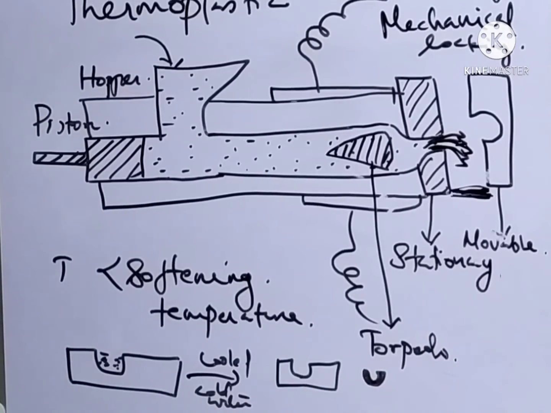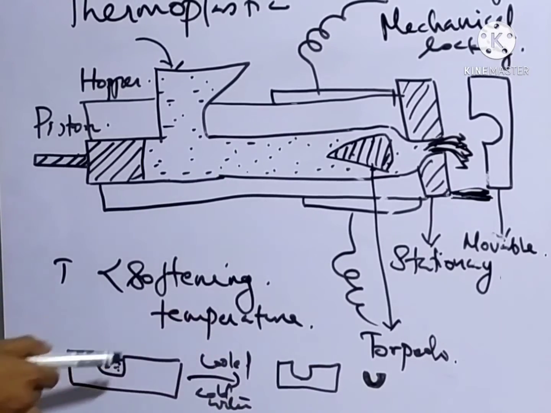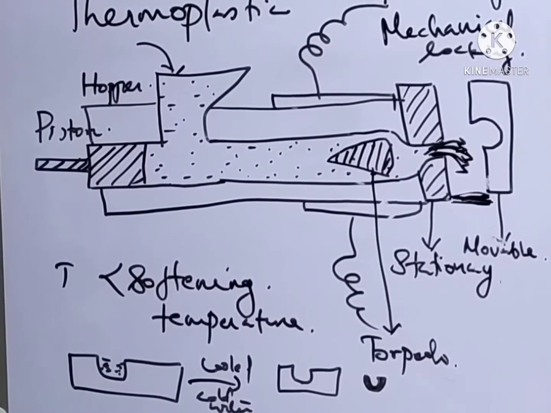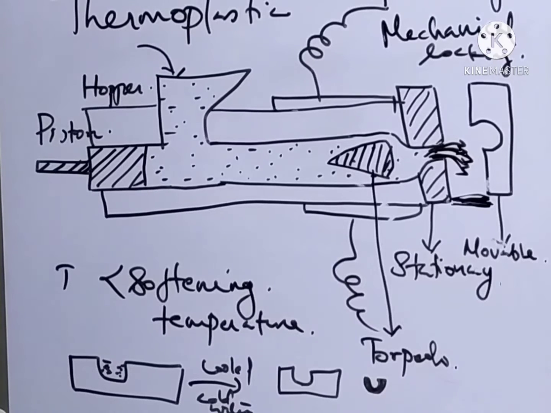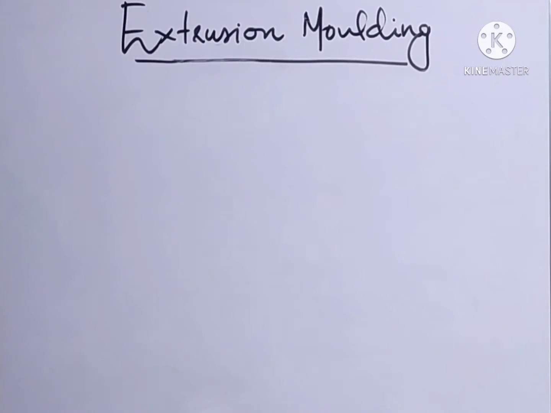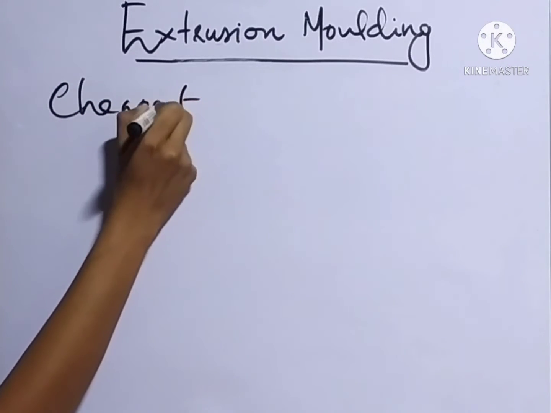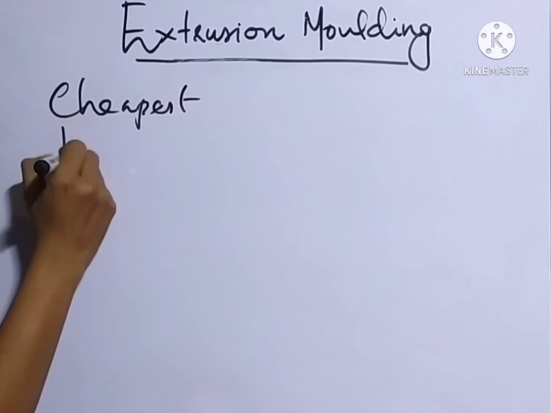So we'll get an article having the same shape as the cavity in the movable part. So this is the injection molding method. The next method is extrusion molding. It is the cheapest method used for the preparation of plastic articles